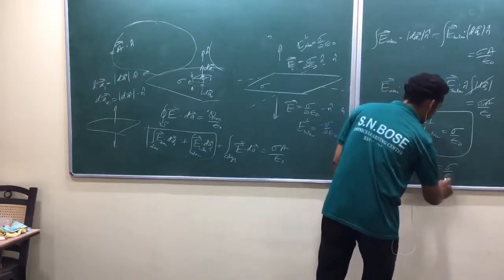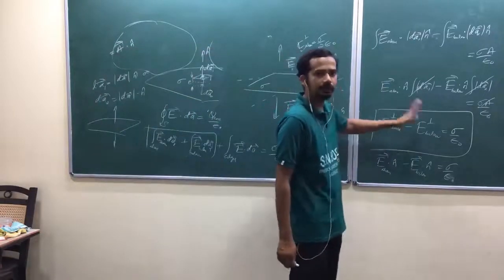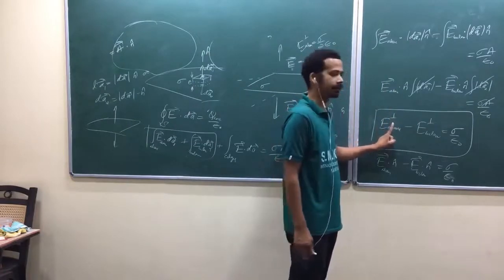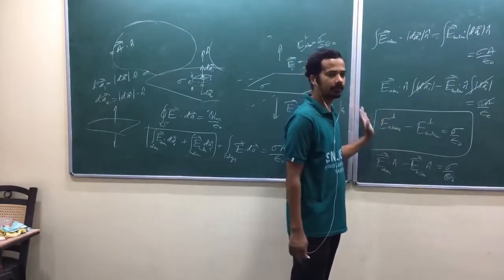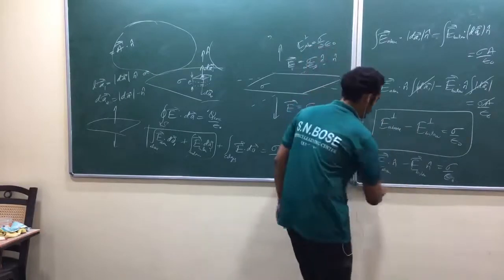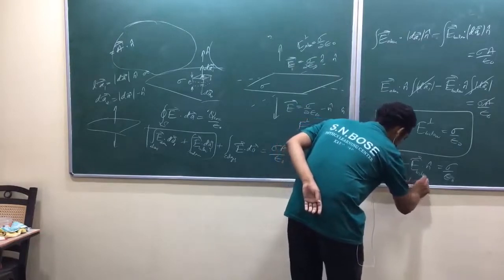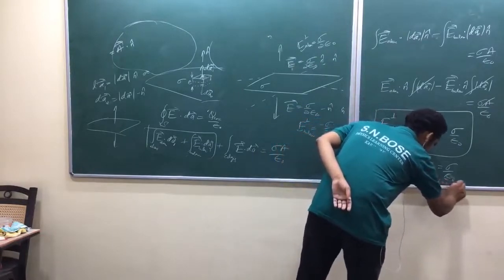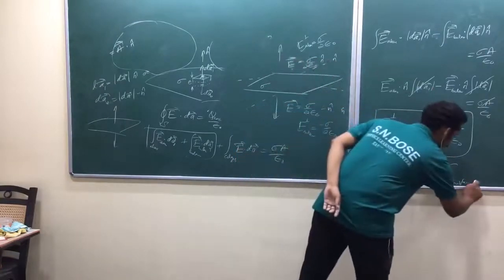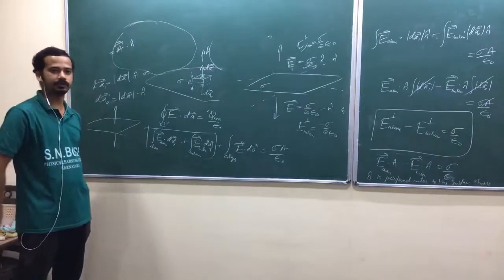Look here. Can I write it like this? What is n cap? Now you have to mention it. You just mentioned it is a perpendicular component, perpendicular to the surface. It's the perpendicular component of the electric field to the surface, just above and below. If you write it like this, you have to write that n cap is perpendicular to the surface, above, because below, perpendicular to the surface is opposite.